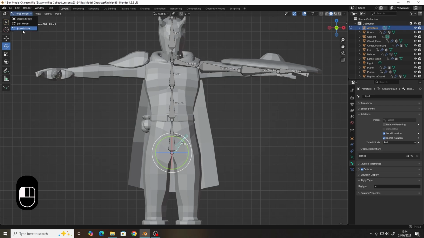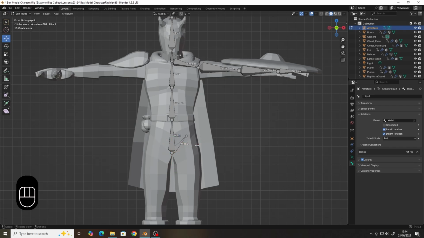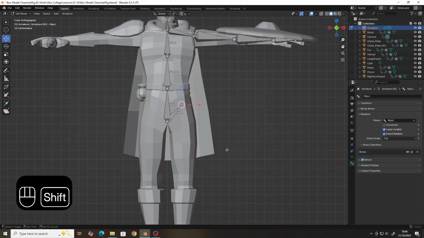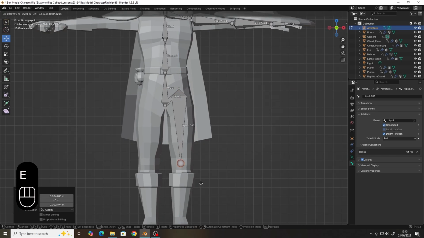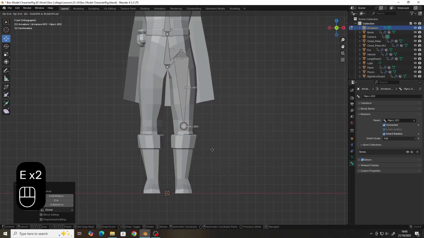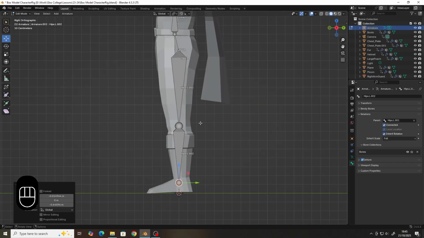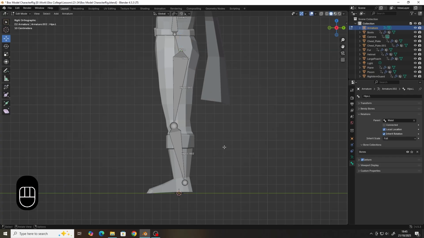Now that is done, select the sphere at the tip of the hips, and now in your front view, we're going to extrude down to where the knee is, and then extrude down to where the heel is. Then going into the side view, and again making sure there is that very noticeable bend that we need. Then from here we're going to extrude twice